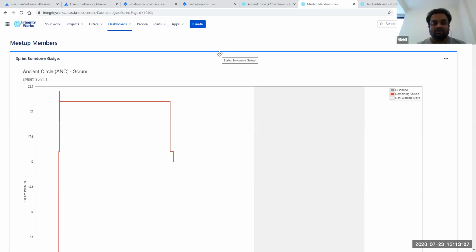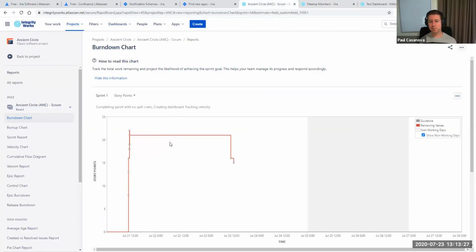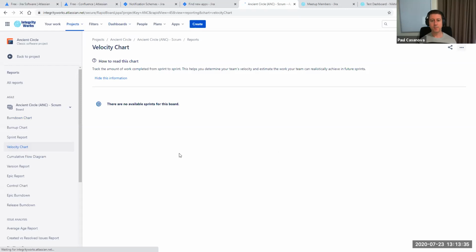the sprint dashboard. The next thing is that I'm trying to see how we can track the velocity for the sprint over time, or story points, basically. That's right, so you're rolling velocity. This is showing your velocity for a sprint, but if you wanted to see your velocity chart over time, this is where we're going to need some more mock data. There are no available sprints for this board. So if we had sprints over time, then it would show